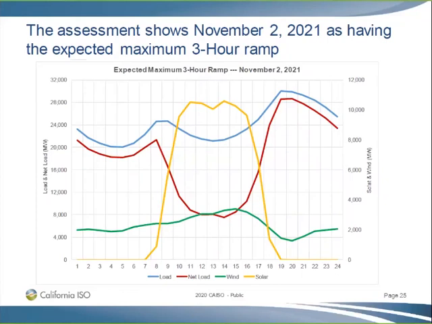You can see that wind does things that are very hard to predict during your 3-hour ramp. So again, the data that goes into this analysis is the best that we could do with the data that we have. I don't think there's anything better, unless somebody comes up with a better way to do this analysis. But as I said, every balancing authority in North America is now looking at flexible capacity, and they mimic the way the ISO is doing this analysis because nobody else can come up with a better way.